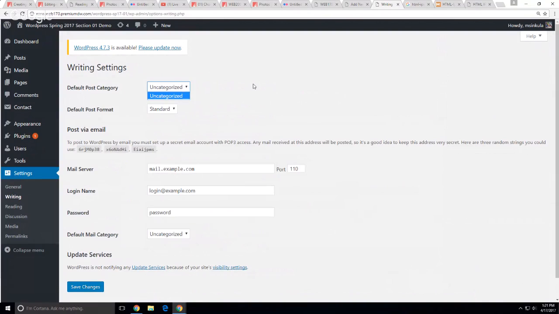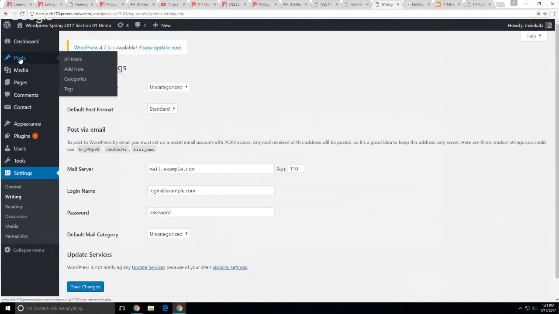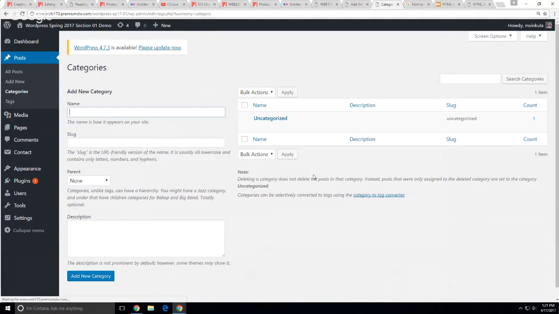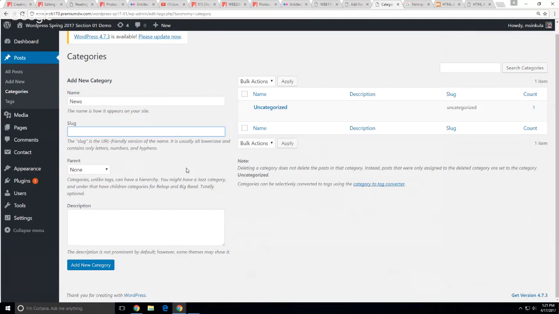We haven't set up any categories yet. Uncategorized is not necessarily a category that you're going to want to use, right? So I am going to then go to postings, categories, and I am going to set up a category called news. The slug